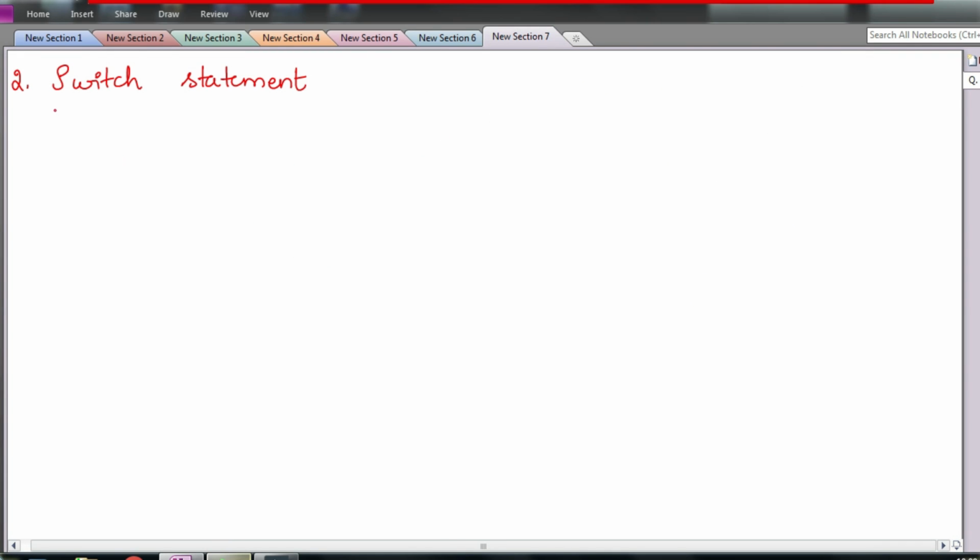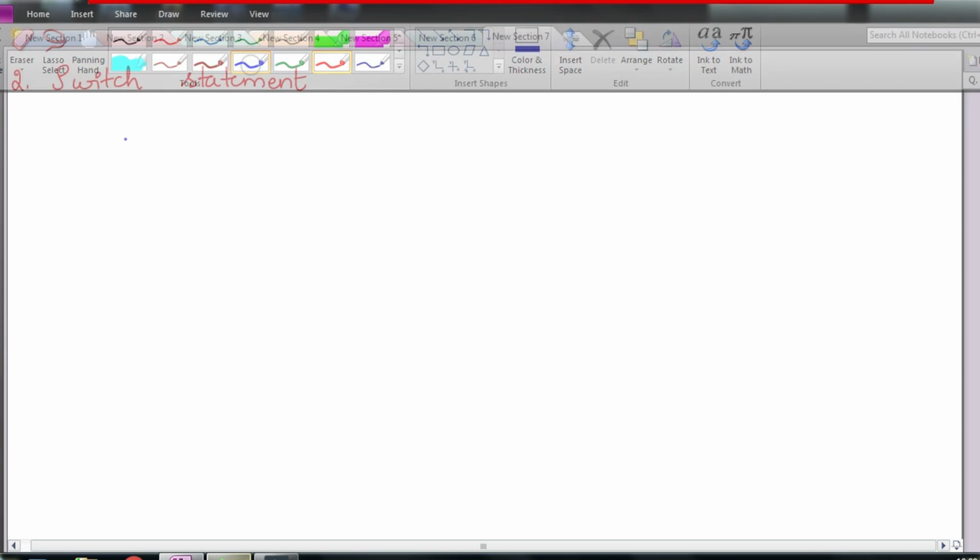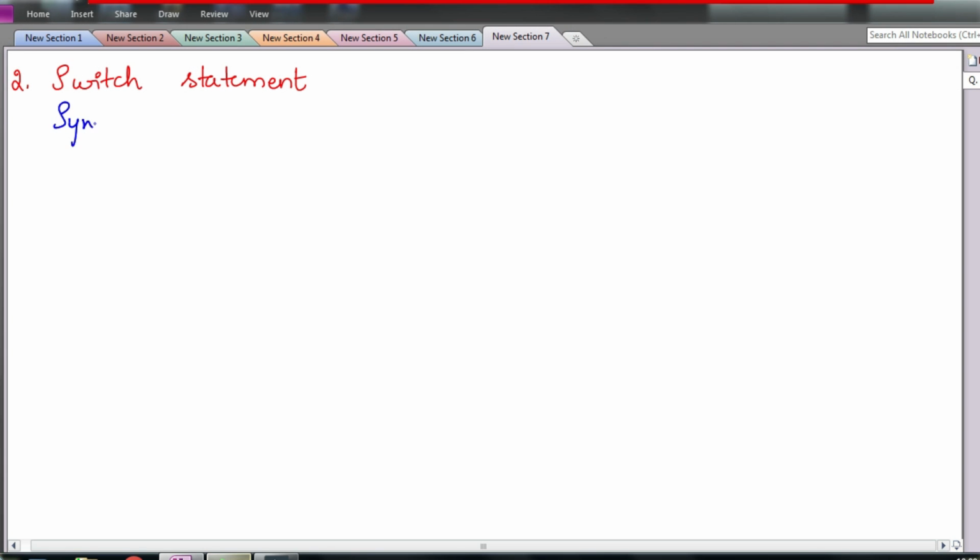In switch statement, I'll first write the syntax for switch statement. So switch is a keyword. Inside this we will usually write one expression or a variable. Okay, let me take a variable only. And this is going to be an integer variable or a character variable only.